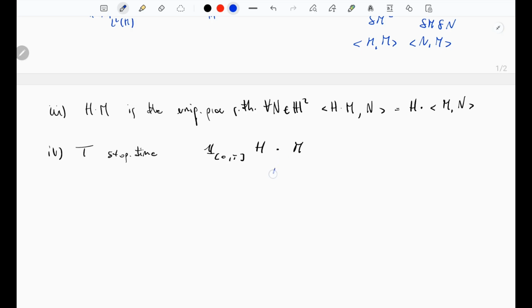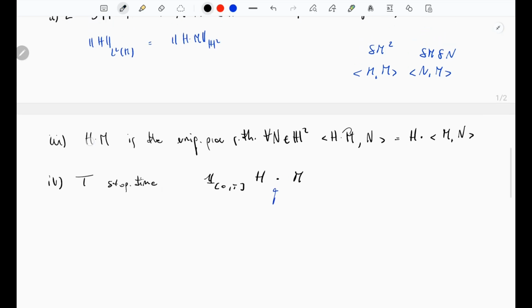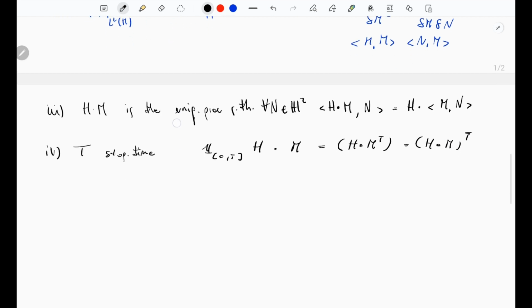Now every time I use this dot, sorry, I forgot to mention it, I'm referring to the integral, okay? It's not a scalar product, as sometimes referred to in standard notation. Every time I say H dot, I mean, not necessarily H and M, but when I use this dot, I mean the integral of H against M, okay? Sorry, forgot to mention it. So, again, stopping the integral is the same as stopping the martingale, which you can also write like this. Those are all equal, okay?